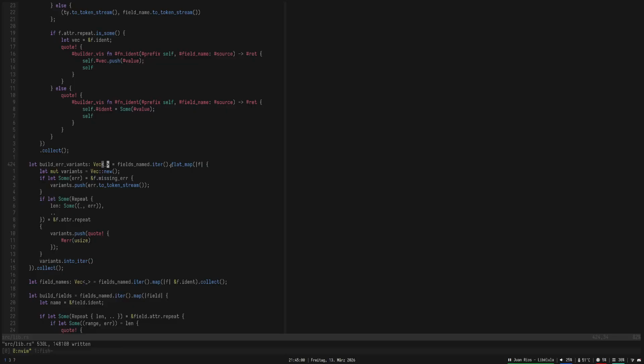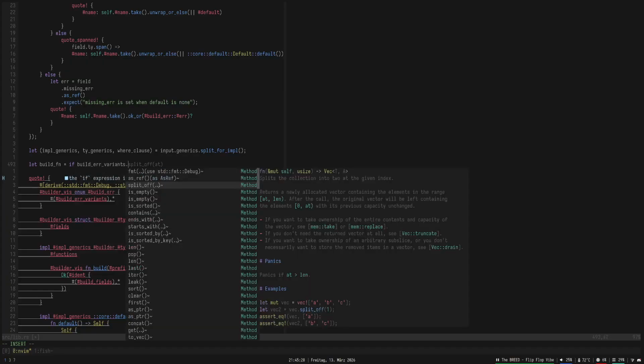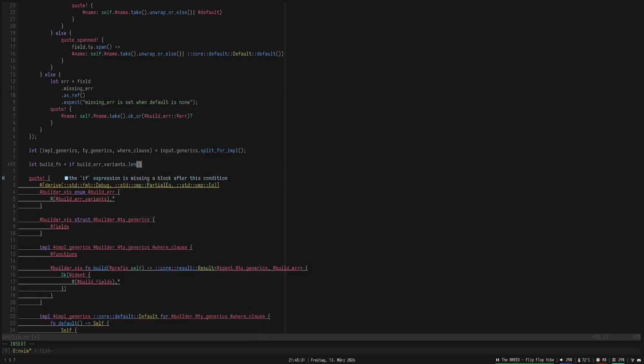Although actually, no, this is a flat map. Yeah, it's a little unfortunate. What is this code? This is gross. We're constructing multiple vectors. Okay, maybe we refactor this a little bit, but for now, we'll just do it like this. So we'll collect it into a vector. And then down here, if build error variants dot len or is empty,